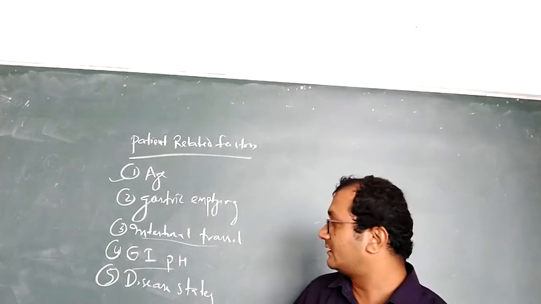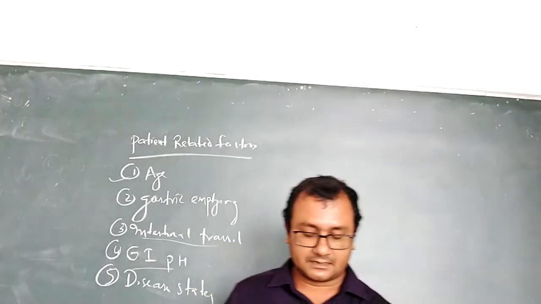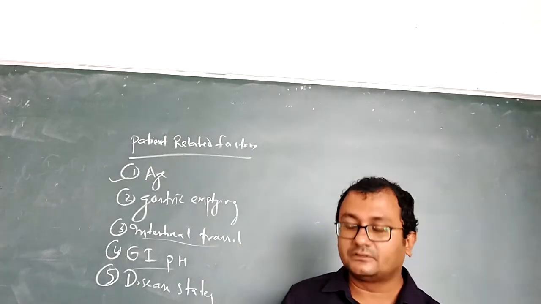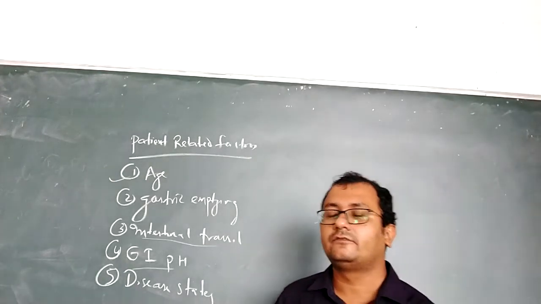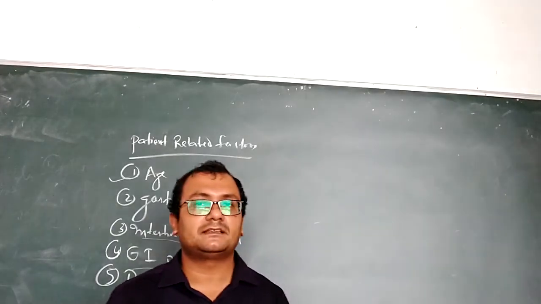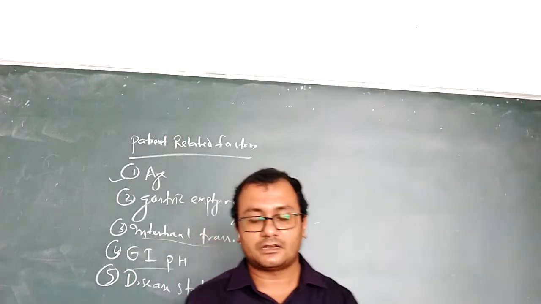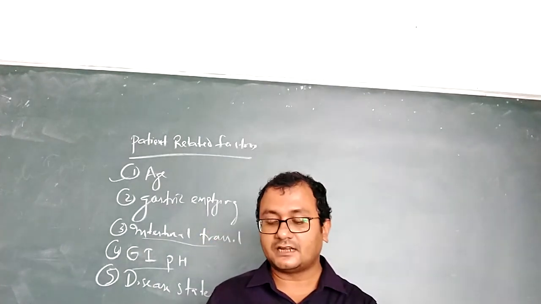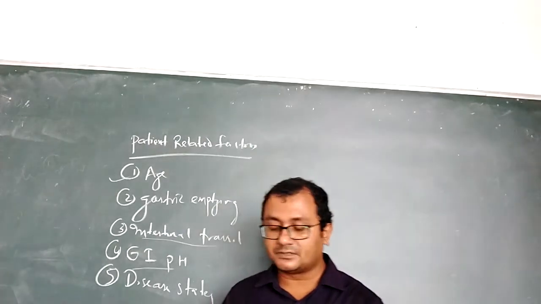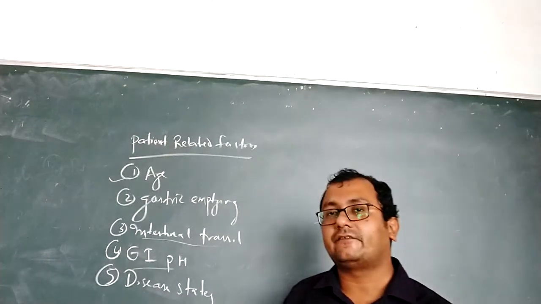Like that, there are so many other factors, like blood flow to the GIT and different types of interaction with the gastrointestinal content, like food interaction, interaction of the drug with normal GI constituents. That will also affect your drug absorption. So now coming to the last one, your other absorption pattern. These factors will affect if you are taking the drug through the GI tract.